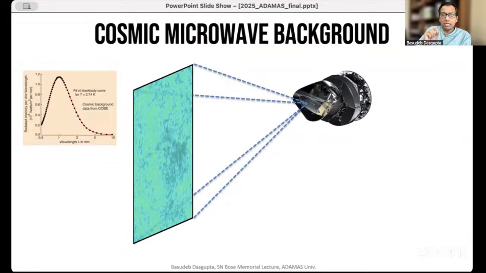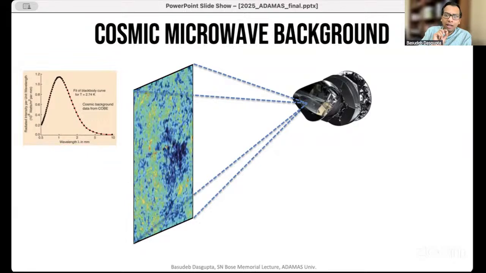But it turns out that if you look at the different directions, although the spectrum is very, very close to a black body, it is not exactly the same temperature everywhere. The temperature fluctuates a little bit. And in fact, if you subtract out the common average temperature from everywhere in the sky, you are left with these fluctuations of the CMB temperature, the cosmic microwave background radiation temperature, which is now shown here. These fluctuations are about 10 parts in a million compared to the average temperature, which is seen to be 2.7 Kelvin approximately. So the fluctuations are about 10 parts in a million.